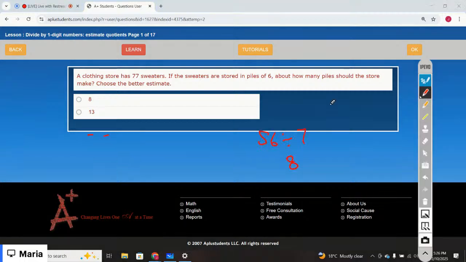So let's just find a number that can be easily divided by 6. So the nearest number is 78. 78 divided by 6 is,